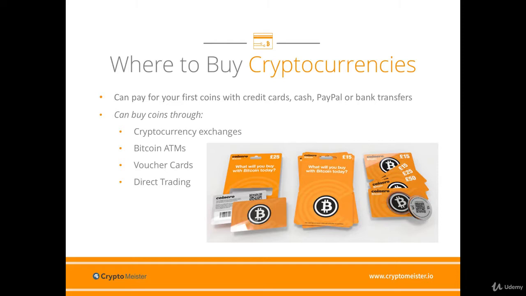Where you can buy cryptocurrencies is another subject altogether. There are a few options that you can consider, although some of these will depend on where you live. You could consider cryptocurrency exchanges, which we will cover shortly. You could think about Bitcoin ATMs. These are ATMs located in public places, which allow you to use regular currency to buy Bitcoins. You will need a wallet first into which you can transfer these coins.